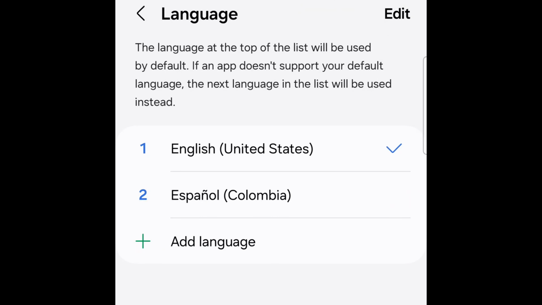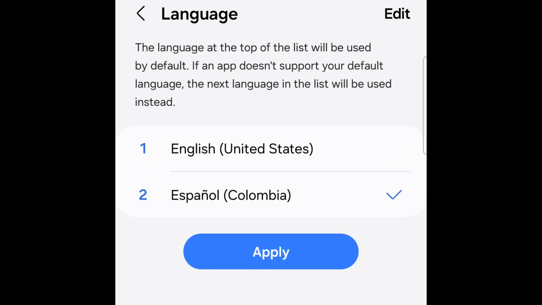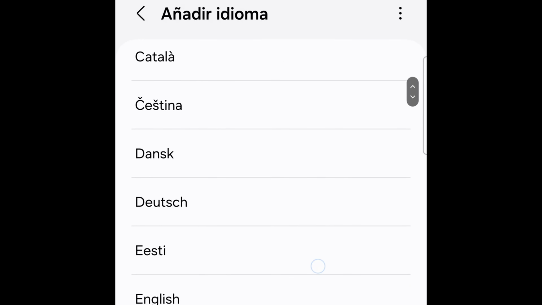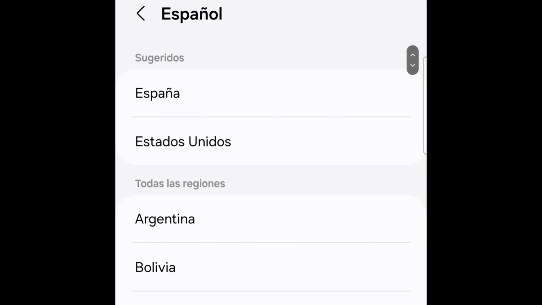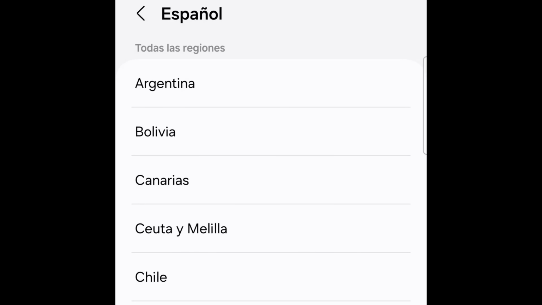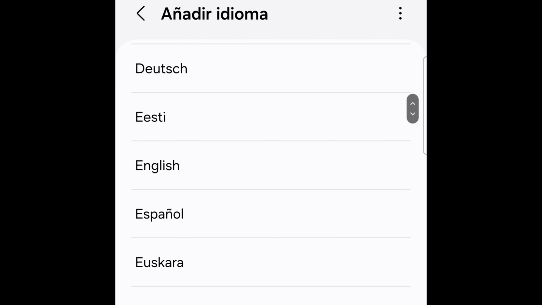So let's change it to my Español Colombia. They have different Spanish versions. If you see Añadir idioma, if you want to add a language, there it is. And if you put Spanish, it's going to give you different target regions like Spanish, Argentina, Bolivia, Chile, Cuba. I chose Colombia because that's the target country that I visit the most. It's also known as a country that, if you want to learn Spanish, is one of the easiest, clearest places to learn. So that's why I did it.